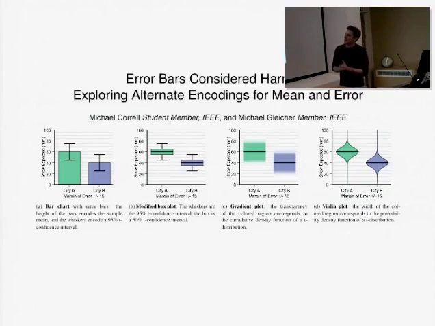So this author came up with these, well actually they already existed, these alternative representations which try to represent this sort of probability distribution around confidence intervals. So it's much more likely that an estimated value in the population is close to where your mean is than it is towards the end of your confidence interval range.